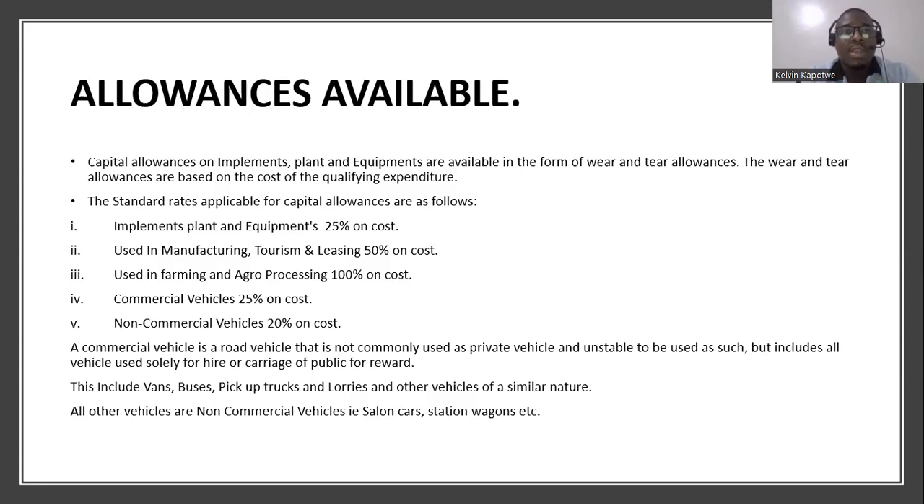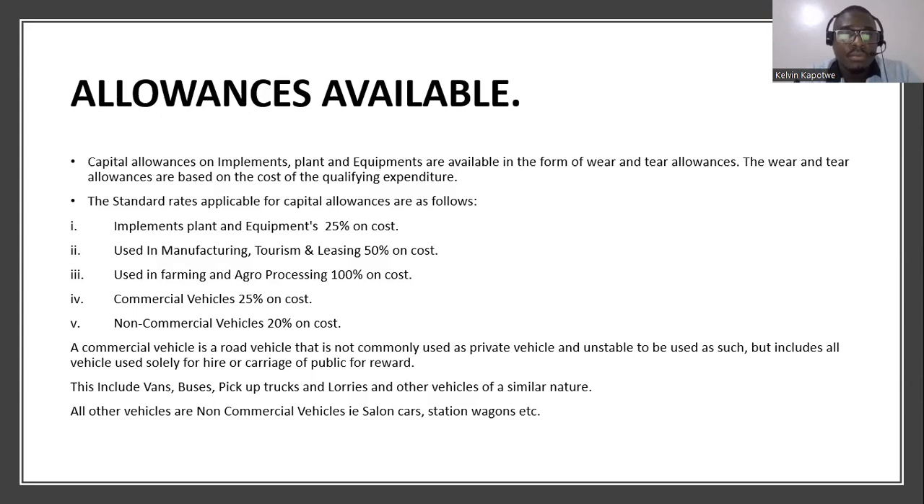All right. So for implement, plant, and equipment, it's 25% on cost. So if you buy a motor vehicle, all right, if you buy a machinery at a cost of 50,000 kwacha, then 25% of that cost will be a capital allowance claimable against your business profits. All right. Then